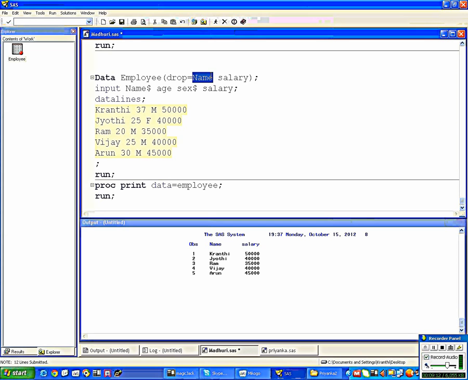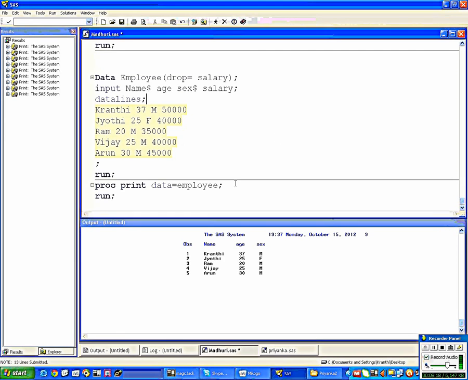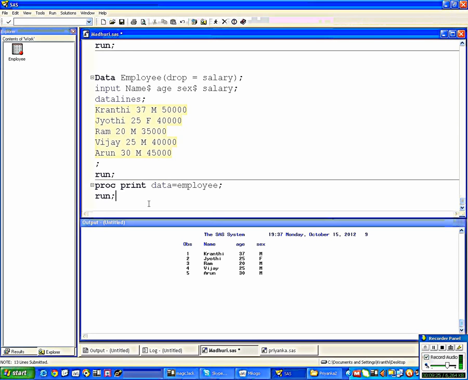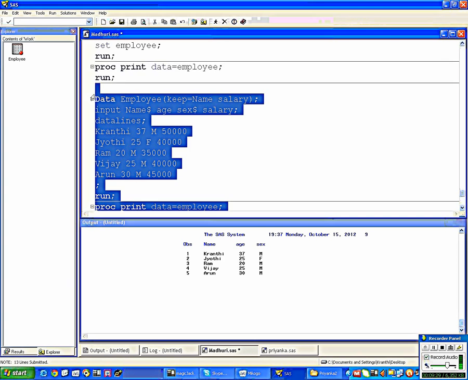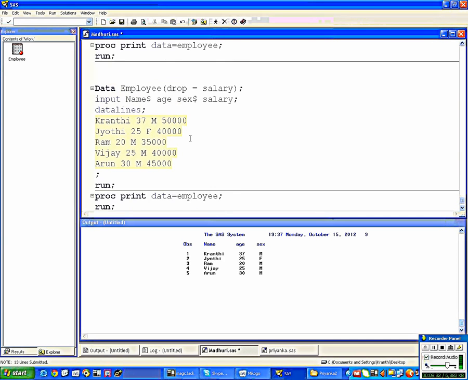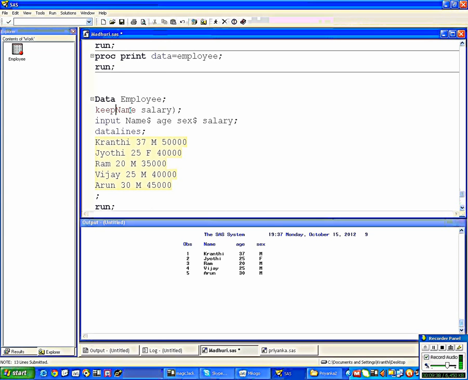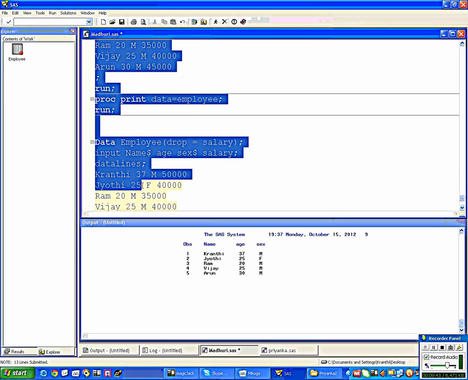Keep means you can keep the selected variables. Or otherwise you can drop also. Drop means to drop. So I want to drop the salary. Simple one. Salary I want to drop. Submit. So this is to drop and to select the variables. But you can use this keep and drop as options also, not as a statement. See, now these are the options. Right? Keep is an option, but you can use it as a statement also. What is the statement? Statement means that it should be the first word in the line. See, keep now is a statement.